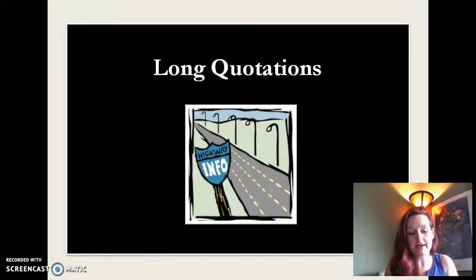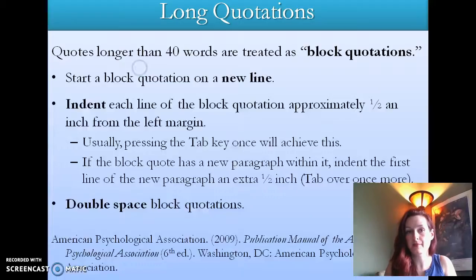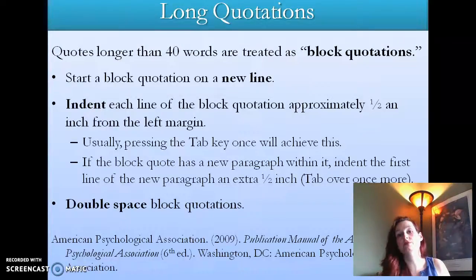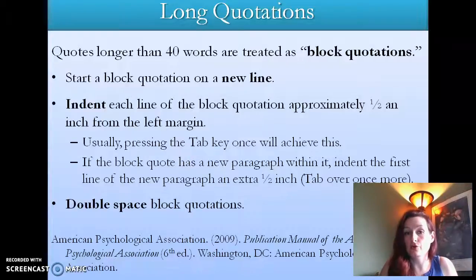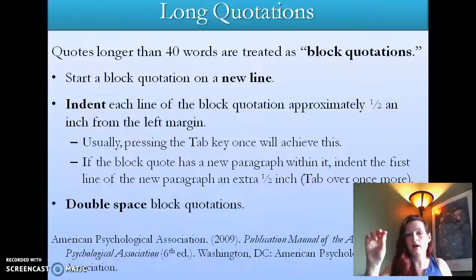Now let's talk about frequently asked questions and frequently made errors in terms of quotations, and these happen a lot. A long quotation in APA style is defined as 40 words or more, and we treat them as what we call block quotations. A block quotation is used instead of quotation marks, and it is only used for quotes 40 words and longer. The way that you format this is you start the quotation on a new line, so you're rolling along, typing along. You say, according to Doe 2010, comma or colon, we're going to start a new paragraph,